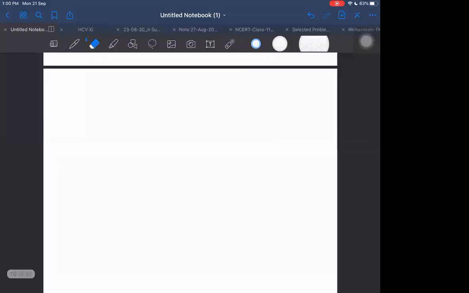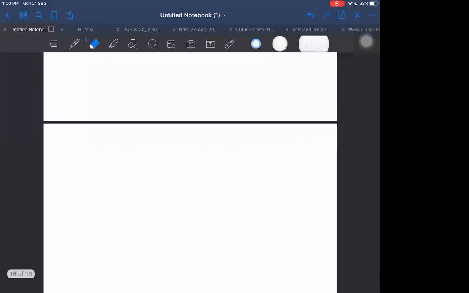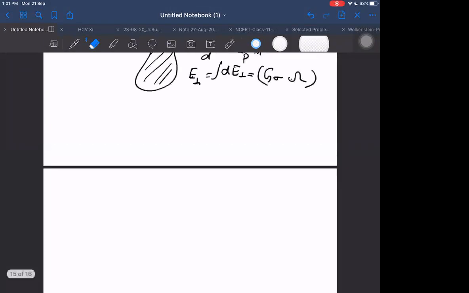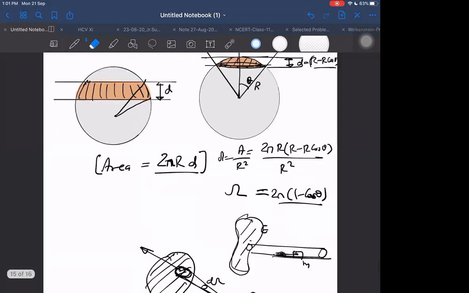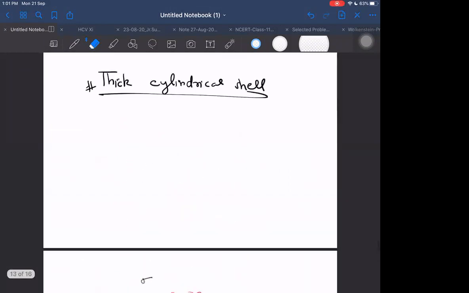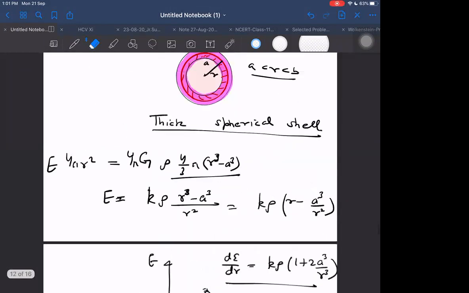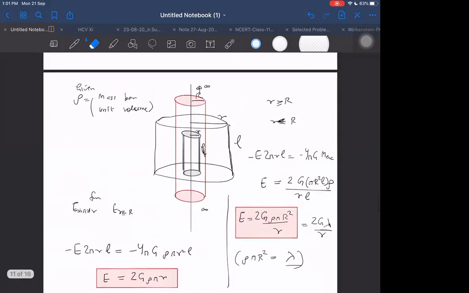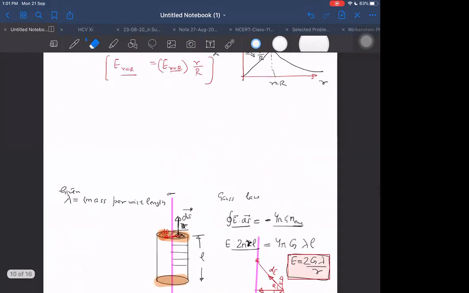Nilkanta? Sir. Tell me, was it okay for you, or was it fast? Somewhat fast, sir. Somewhat fast only? Then you can tell me in between, no? Why are you not telling in between? Now class ends and I am asking you and you did not respond in the class. Suddenly now you are saying that it is fast and I cannot repeat it again. Tell me there only where you are facing difficulty to understand.